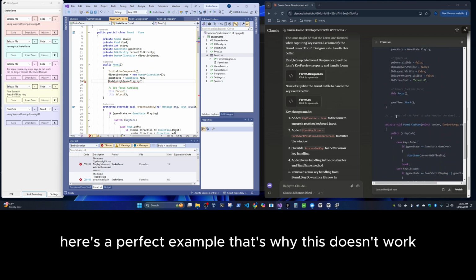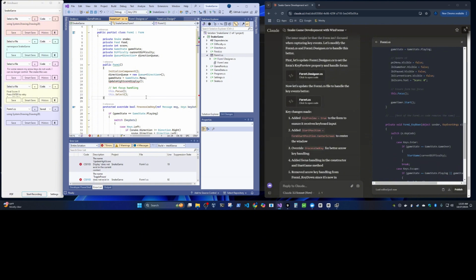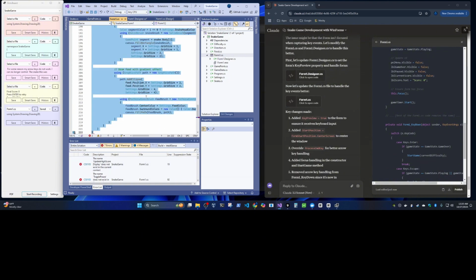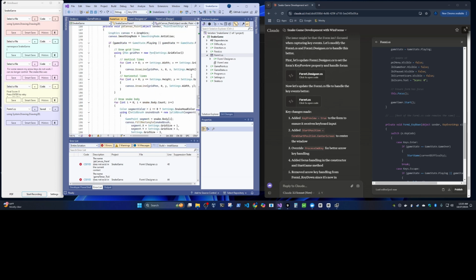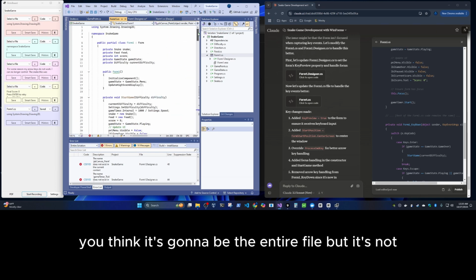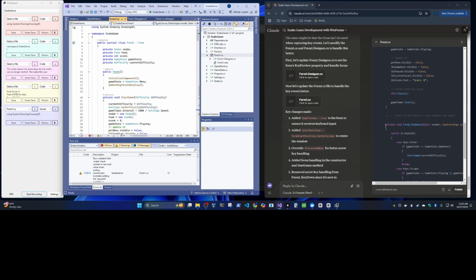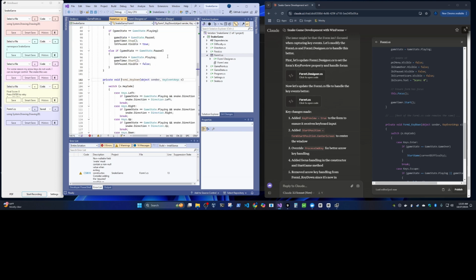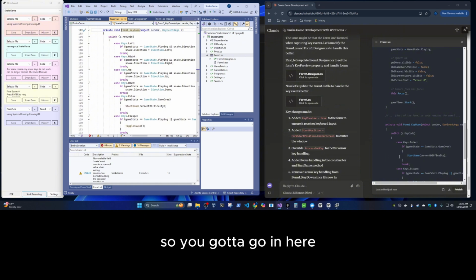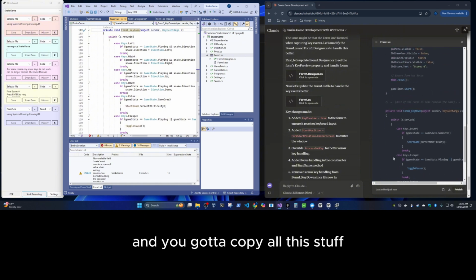Here's a perfect example. That's why this doesn't work. You think it's going to be the entire file, but it's not. So you got to go in here and copy all this stuff.